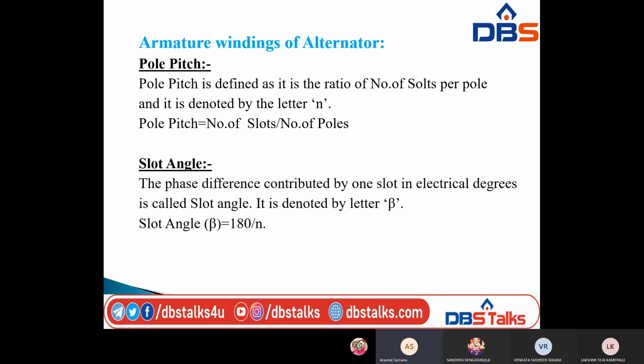For example, I am taking two poles, which means under two poles we have 18 slots of armature winding. So there are 9 slots per pole. Under one pole we have 9 slots, so the pole pitch is 180 electrical degrees, because I am taking one pole. If we take two poles, we have 18 slots. How many electrical degrees is that? 360 electrical degrees for two poles.